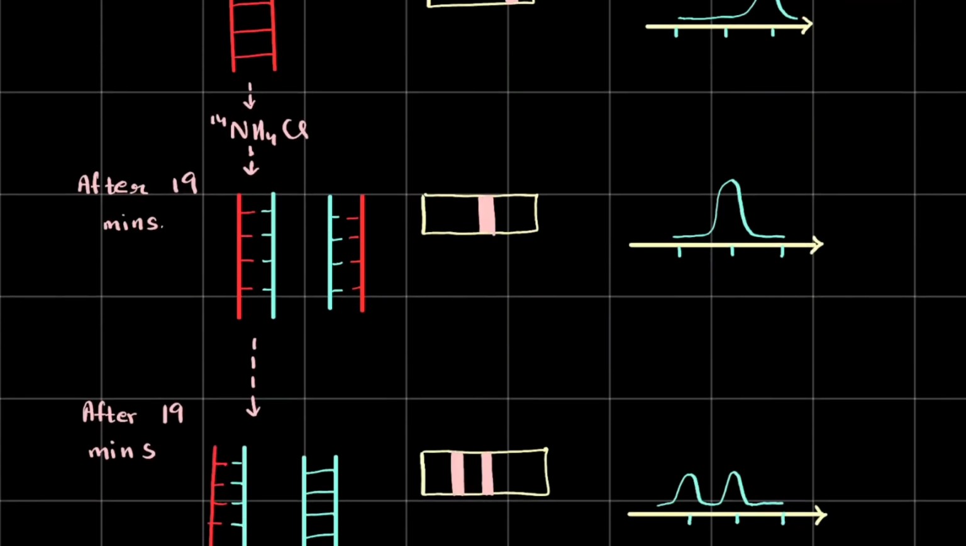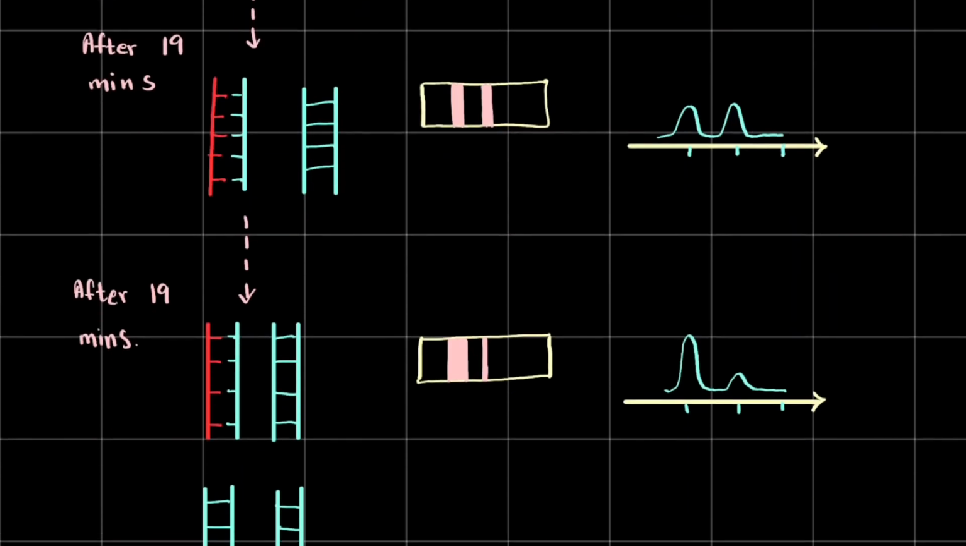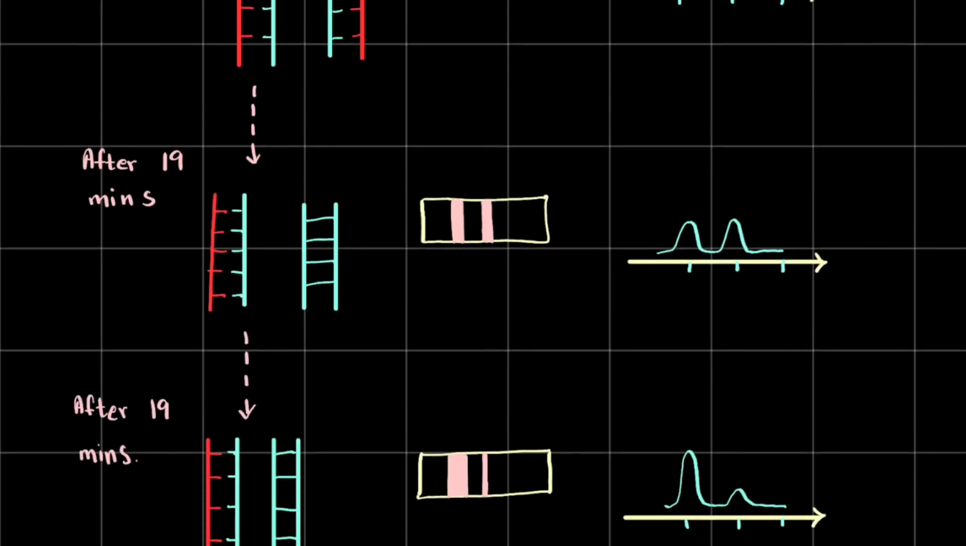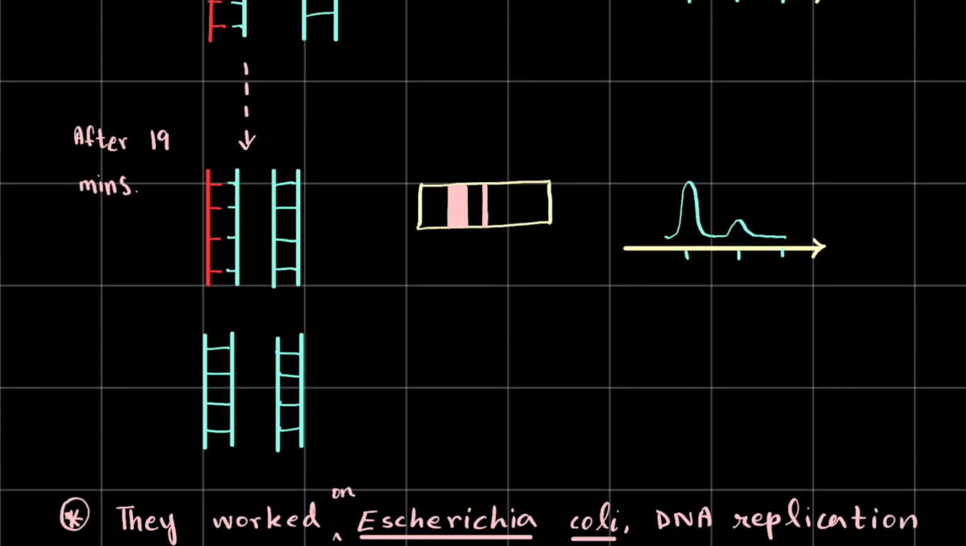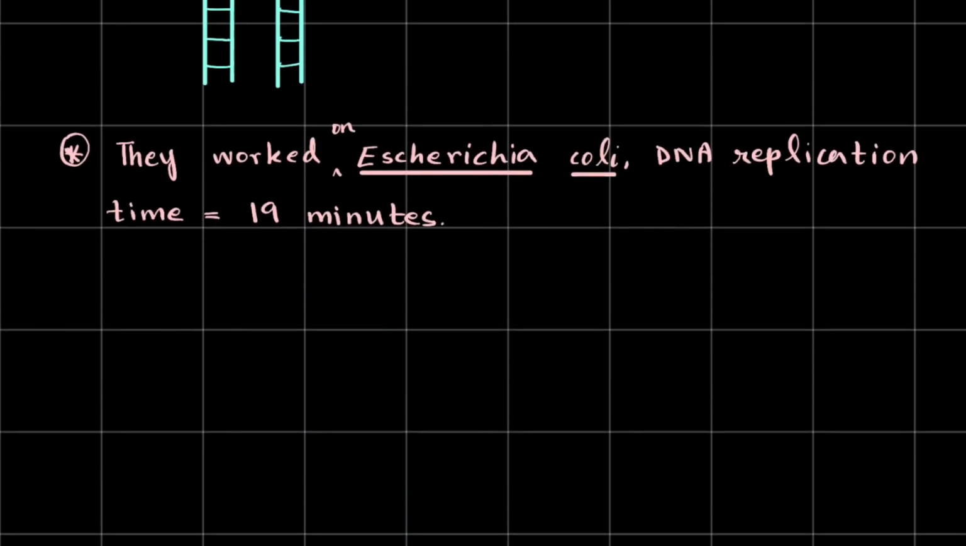But that's not what we see. We see one intermediate band, right? And particularly the fact that the heavy DNA is entirely removed after actually one generation is perhaps the most striking factor. Okay, now we've